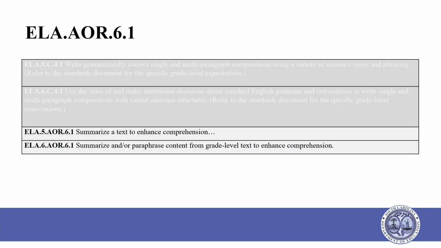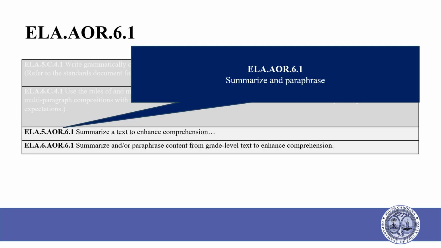Still looking at the bottom of the handout, you will notice AOR 0.6.1. While the TDW item for grades 5 and 6 is aligned to argumentative writing, it is still tied to a text. Because of this, students must be able to paraphrase and summarize text within their own writing. While AOR 0.6.1 is not the primary indicator being targeted with TDW, the expectation of using this reading skill is embedded within the TDW rubric.